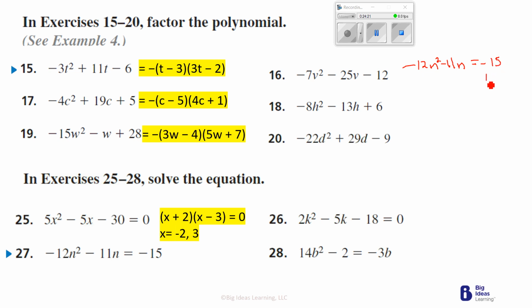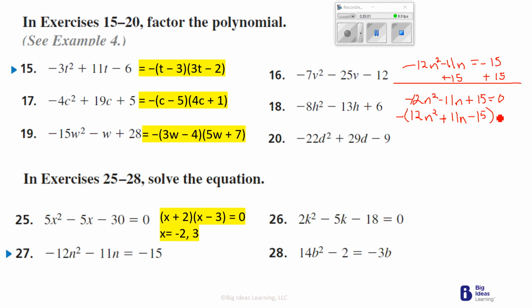We're going to add 15 to both sides. This is going to give me a negative 12n to the second power, minus 11n, plus 15. That's going to be all equal to 0. Next, we're going to factor out that negative. That'll give us 12n to the second power, oh, sorry, these turn to the opposite, plus 11n, and then minus 15